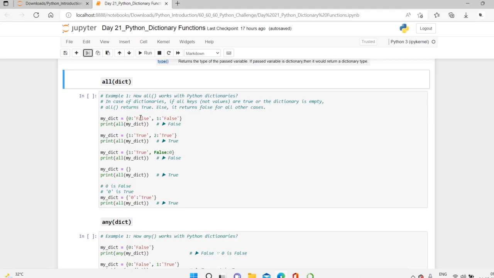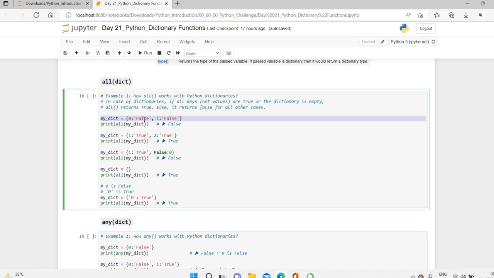And see here, my dictionary is a variable where the key pairs 0 colon false and 1 colon false are there, where both the values of key 0 and 1 are false. So it returns false,